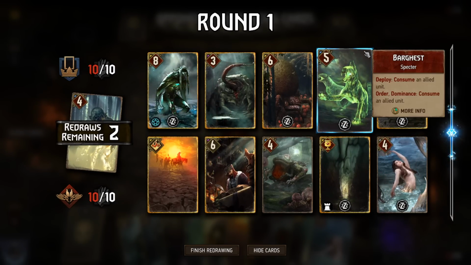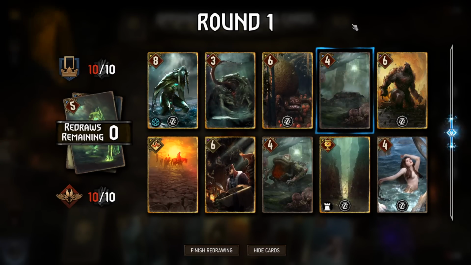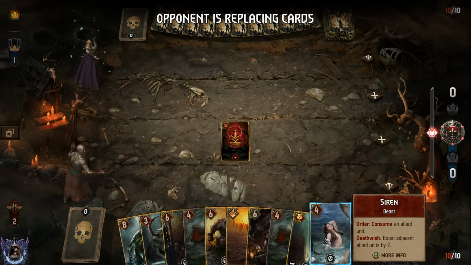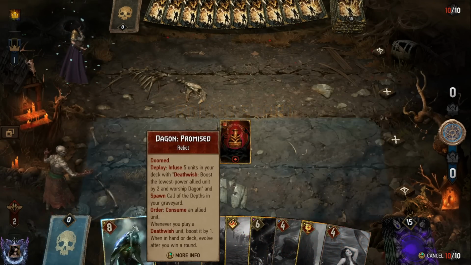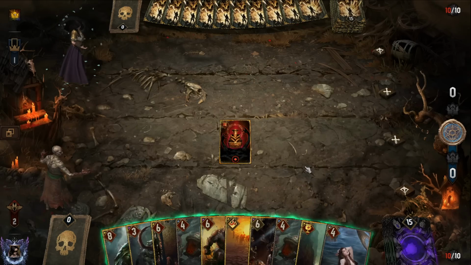Okay, consume. Consume, please give me something to work with here. Oh my gosh. I've got nothing to proc. This never happens, but well, I guess I could proc this. I'm gonna have to just... Do we...